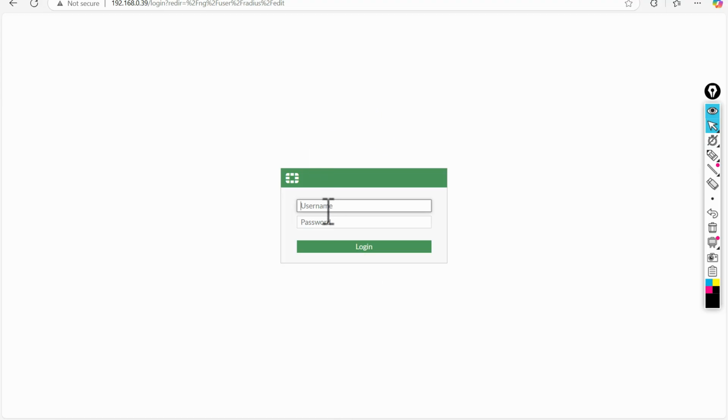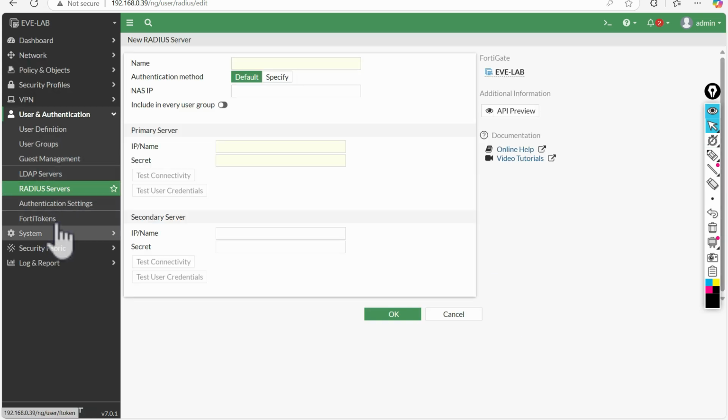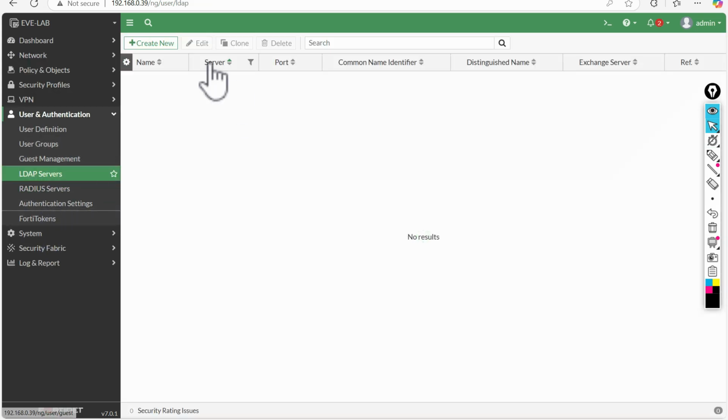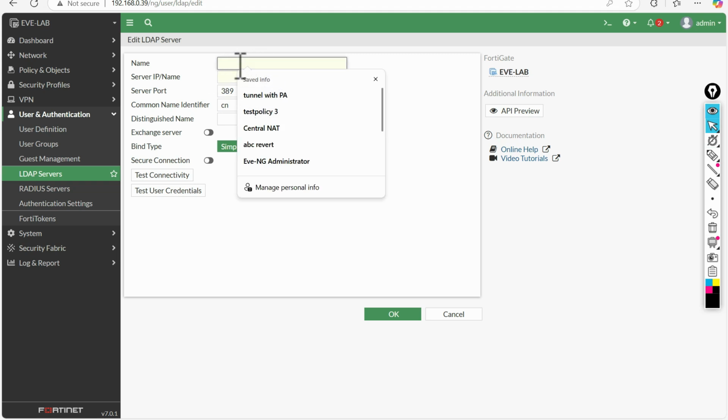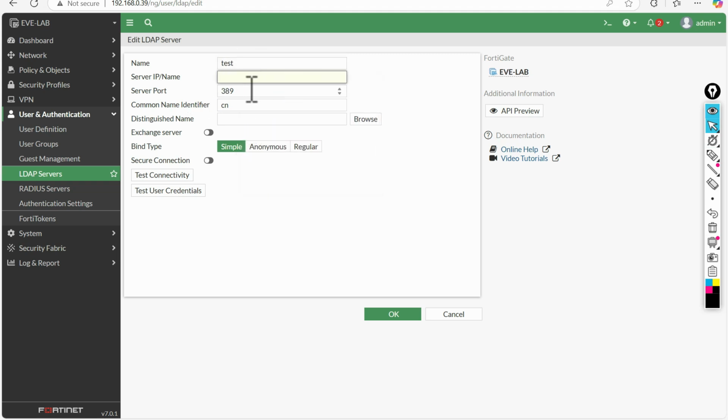Let me show you how it looks on the FortiGate side. I just showed you the screenshot, and now I can show it from the FortiGate side. If you click here, you have to define the name, this will be the test, and then the server IP or FQDN. Here we have to define the port number.